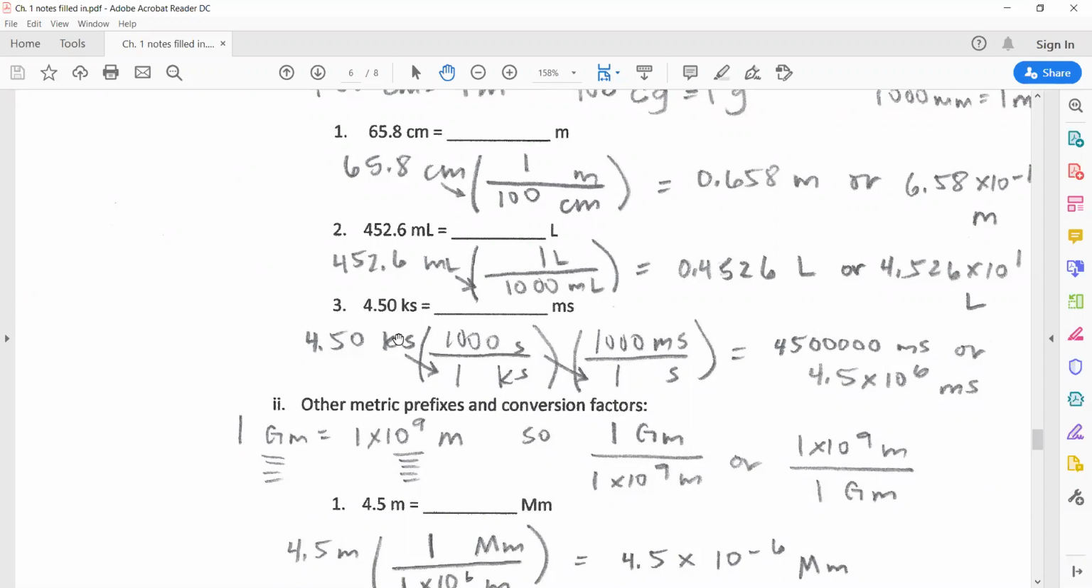So we start with 4.50 kiloseconds. The kilosecond comes to the bottom, and the seconds comes up top. And I know that 1 kilosecond is big. It consists of 1,000 seconds. So I've succeeded in getting rid of kilo. I'm now in normal seconds. So I bring seconds to the bottom and I convert to milliseconds, which is 1,000 milliseconds in 1 second. So I multiply the tops, divide by the bottoms. I get